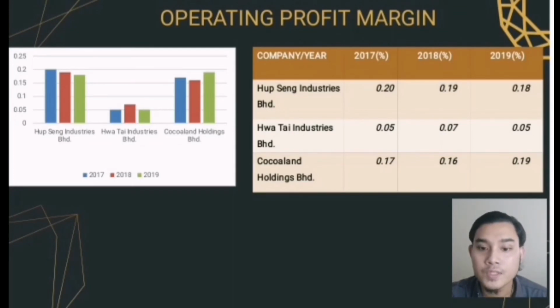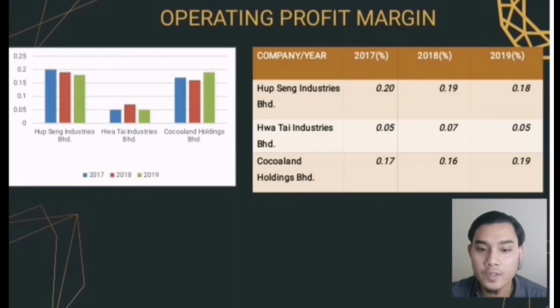In 2017 it is 0.20%, decreased to 0.19% in 2018, then decreased again to 0.18% in 2019. Furthermore, Huatai Industri Berhad showed an increase from 2017 to 2018,